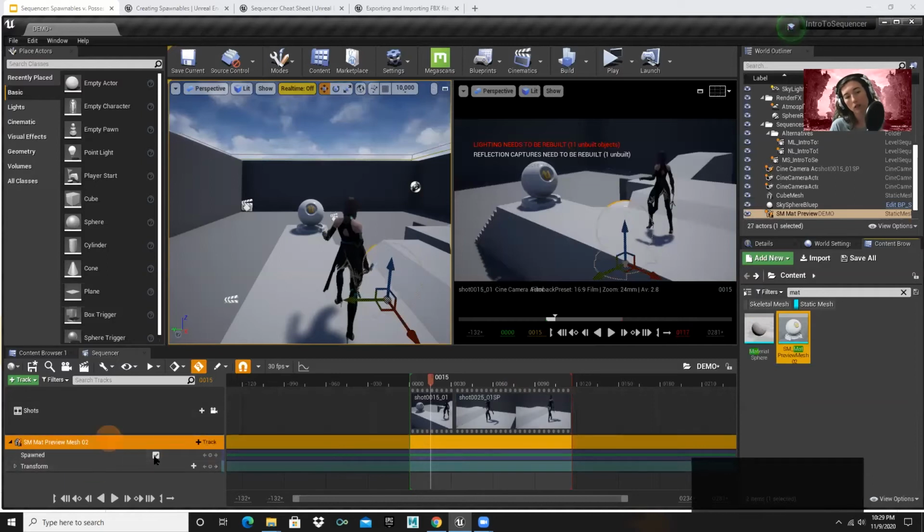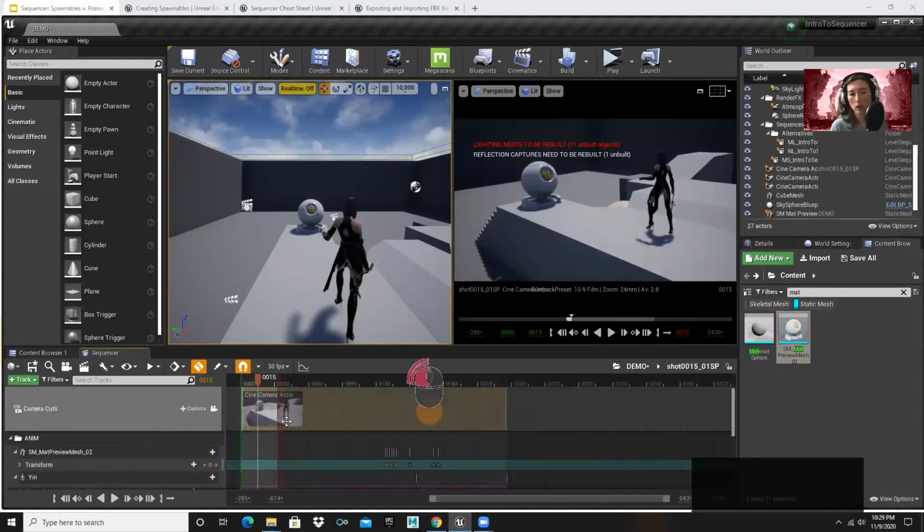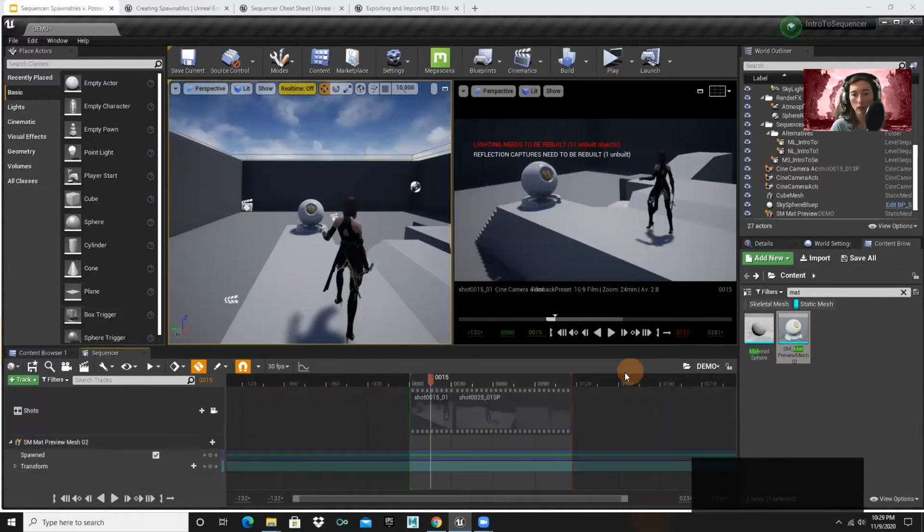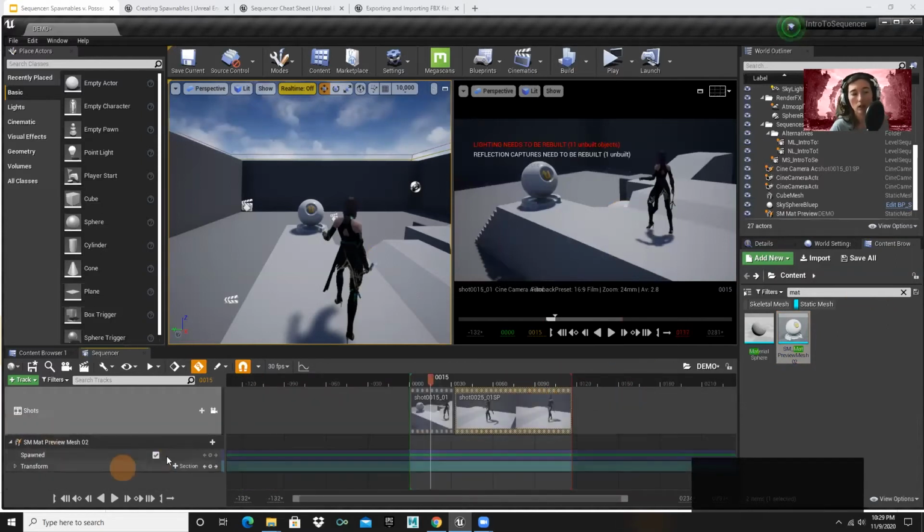Am I going to put this in this master sequence? Should I put one in this shot and another in this shot? I could, and there's lots of ways to do this, but if for whatever reason you think that what you're adding is going to affect the timing of your shots, what I like to do is work with my keyframes in this master sequence. It's just a level sequence, but